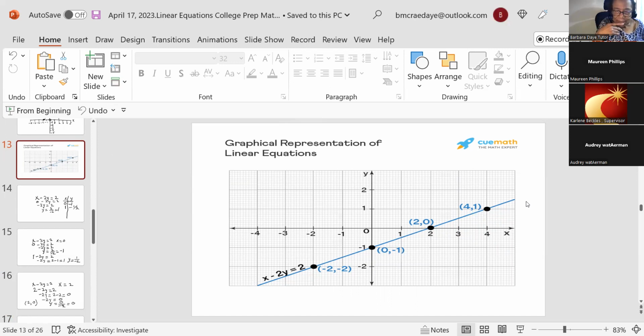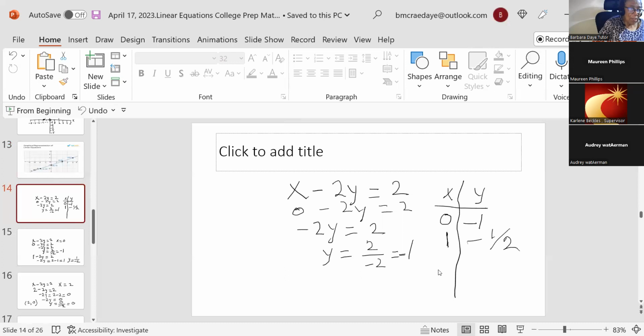Questions? So you can build yourself a table. See, that's what I was doing here. You can build yourself a table. So we said the 1, it was a -1/2. And then for the 2, what did we get for the 2? Or did we do the 2? Yeah. 2, we got